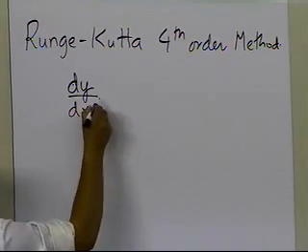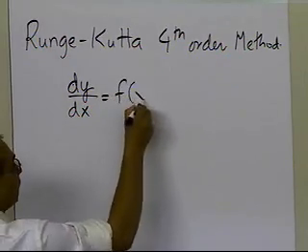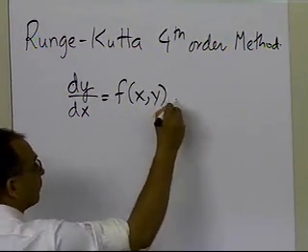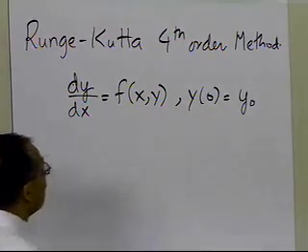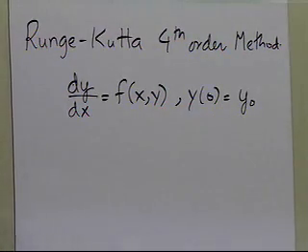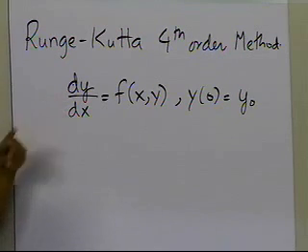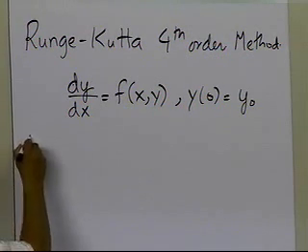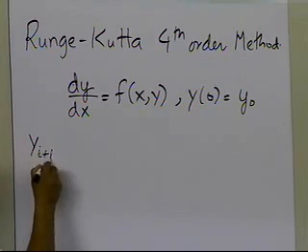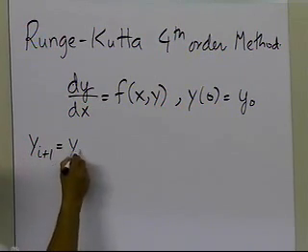We're trying to solve a first order ordinary differential equation of this particular form, with the initial condition given at 0. What we want is to find the dependent variable y as a function of x numerically. To do so, the Runge-Kutta fourth order method takes the first 5 terms of the Taylor series. If you look at them, they will look like this.